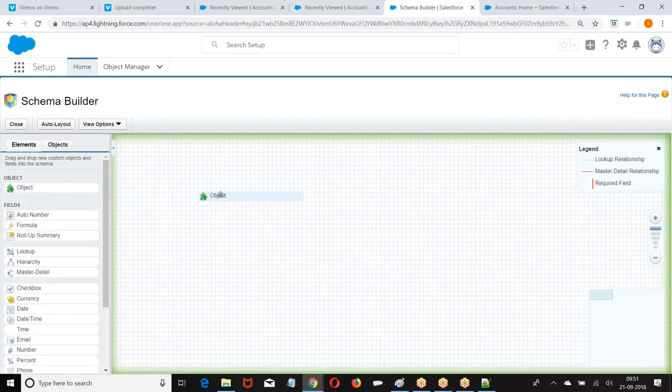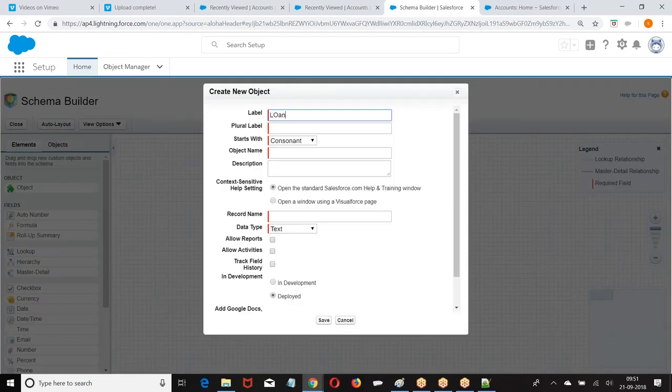Here, what are you finding? Elements, object, drag and drop. You enter the basic information.